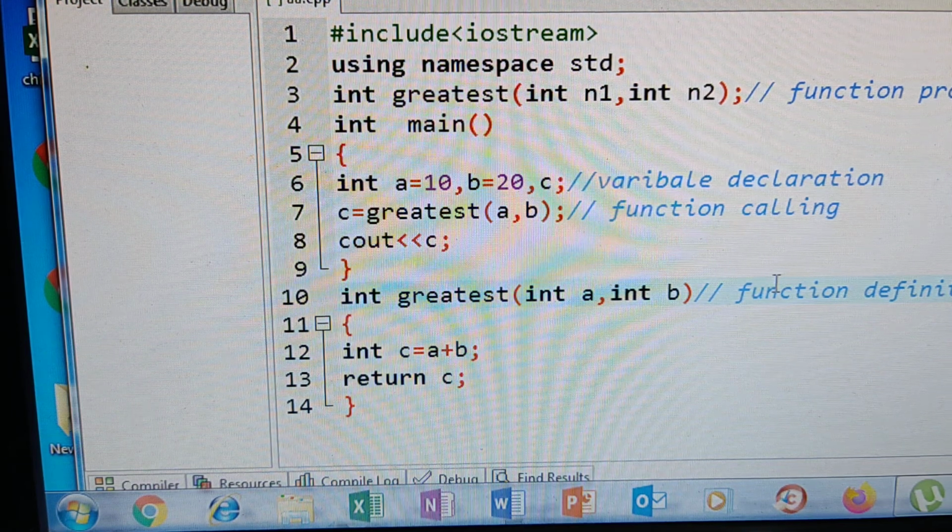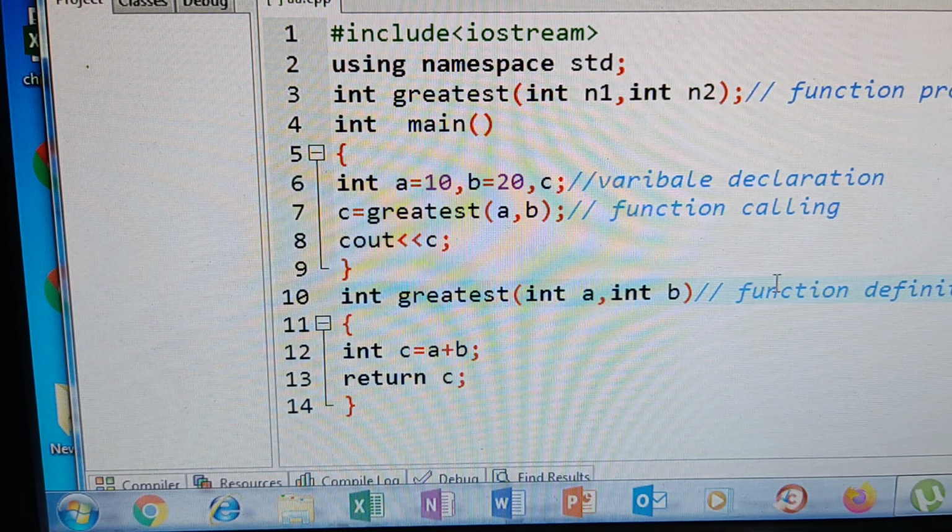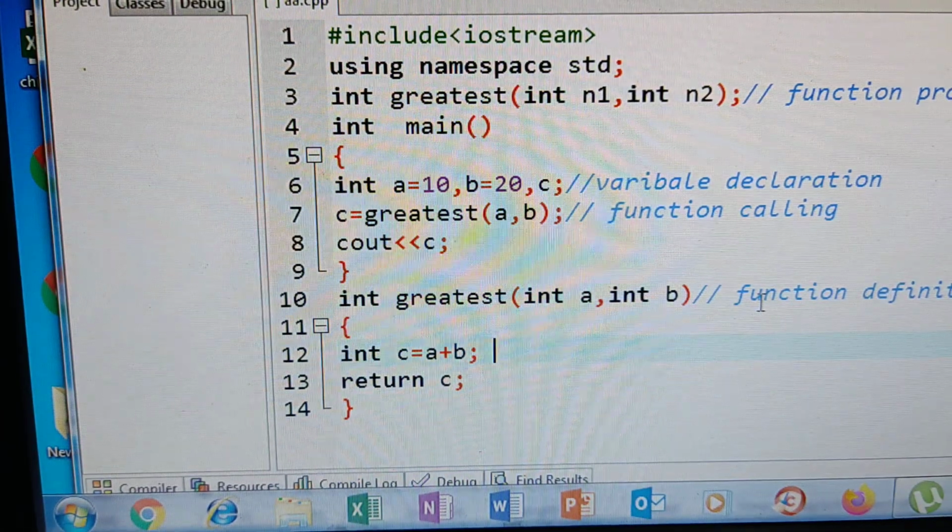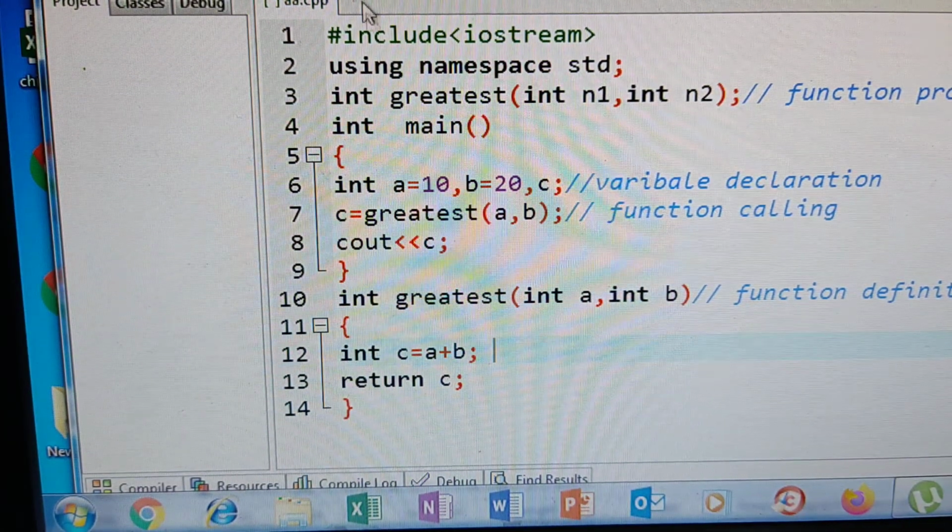Without a function also we can write the same code, but why are we using a function, and where is the reusability here? You may get that question, right? When you want to use the same function, for example, if you are calculating the sum of two numbers with different values, then you can use the same code. You can execute the same function with different values.